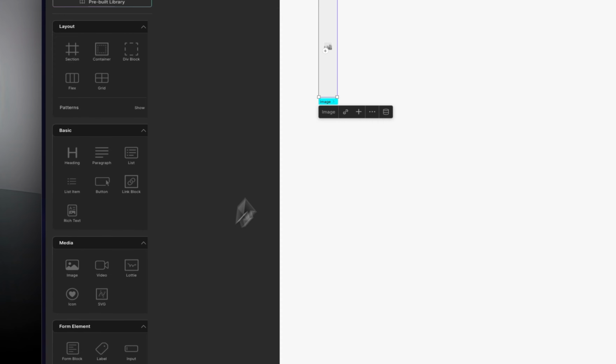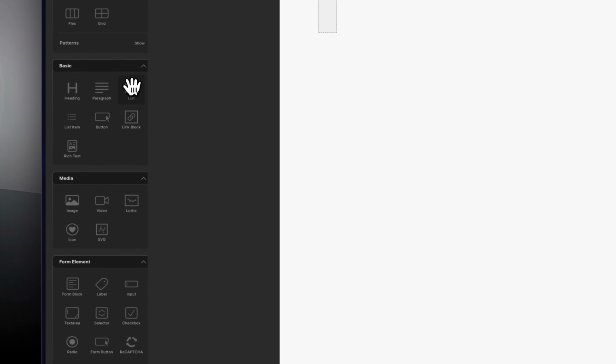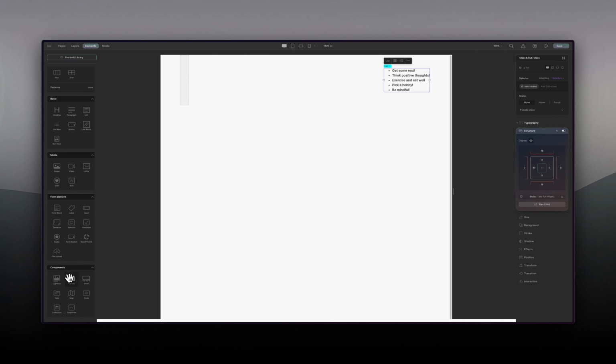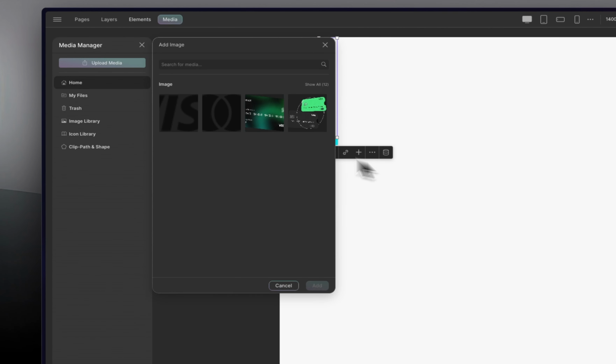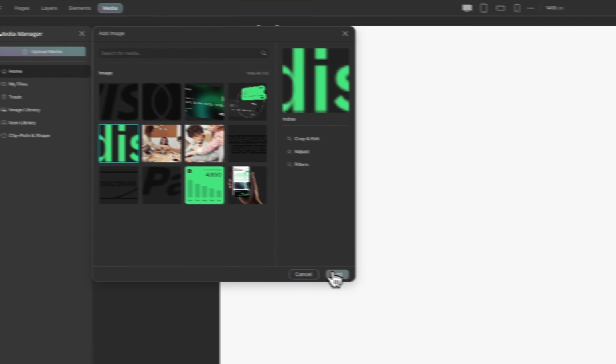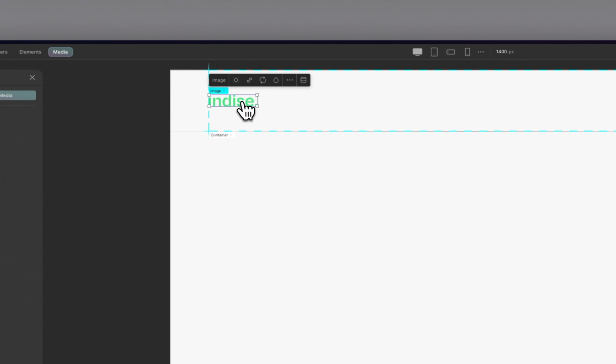Let's add an image for our image, and then we are going to add a list. All right, so that is good. If you want a pre-made nav bar, it is over here, but it is just a normal nav bar. It doesn't make it responsive or anything like that. All right, so let's add an image. So I'm going to select this image and then add it. You can see that is what we do have here.